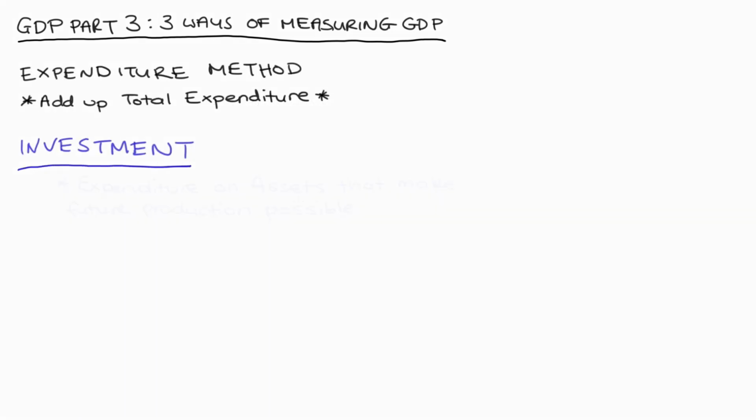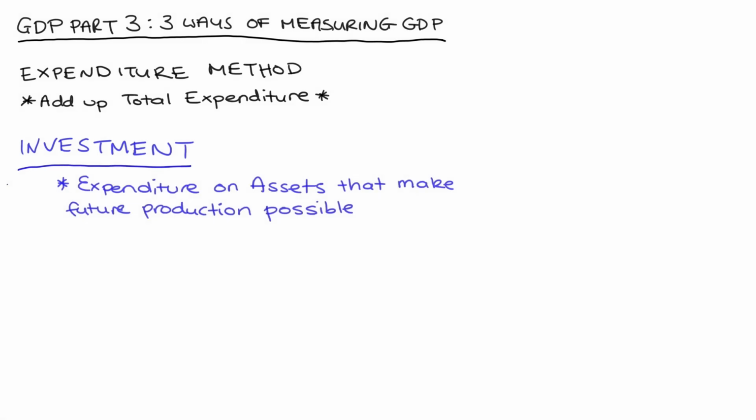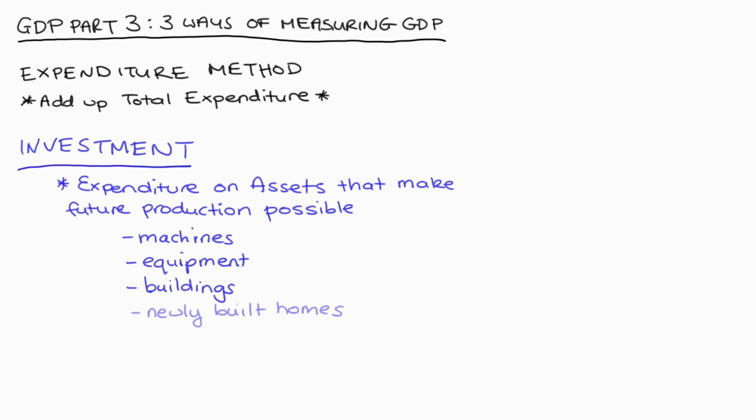Investment expenditure involves expenditure on assets that add to and make possible future production. So, for instance, if a firm purchases machines or equipment or builds any new buildings that they're going to use in order to make more goods and services in the future, that goes into investment. Now, generally, investment spending is done by businesses, but as I said before, it also includes expenditure on newly built